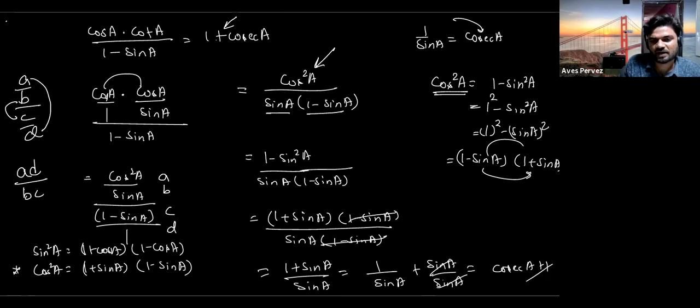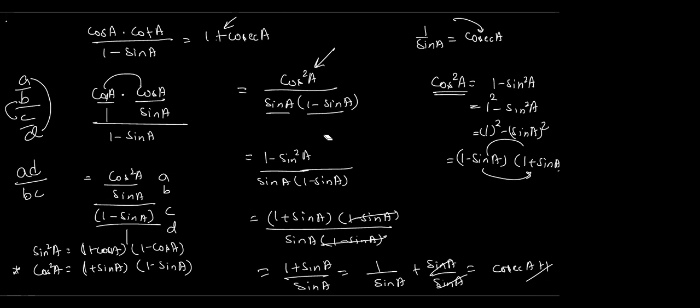Now you know that this is a negative sign. Actually, we need the plus sign, and you see that here it is 1 minus sin a, and this is 1 minus sin square a. So what would you do? You can split this one in the form of 1 plus sin a and 1 minus sin a, by using the identity A square minus B square. Got it?